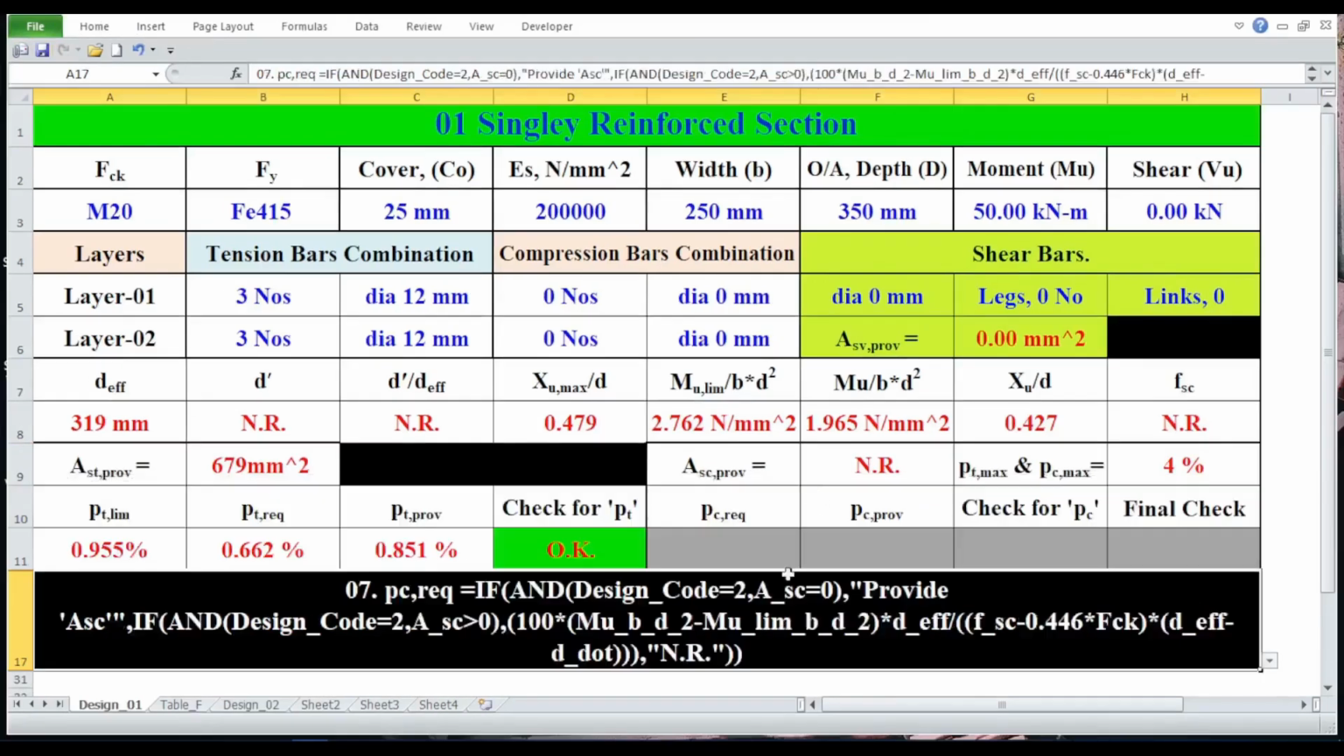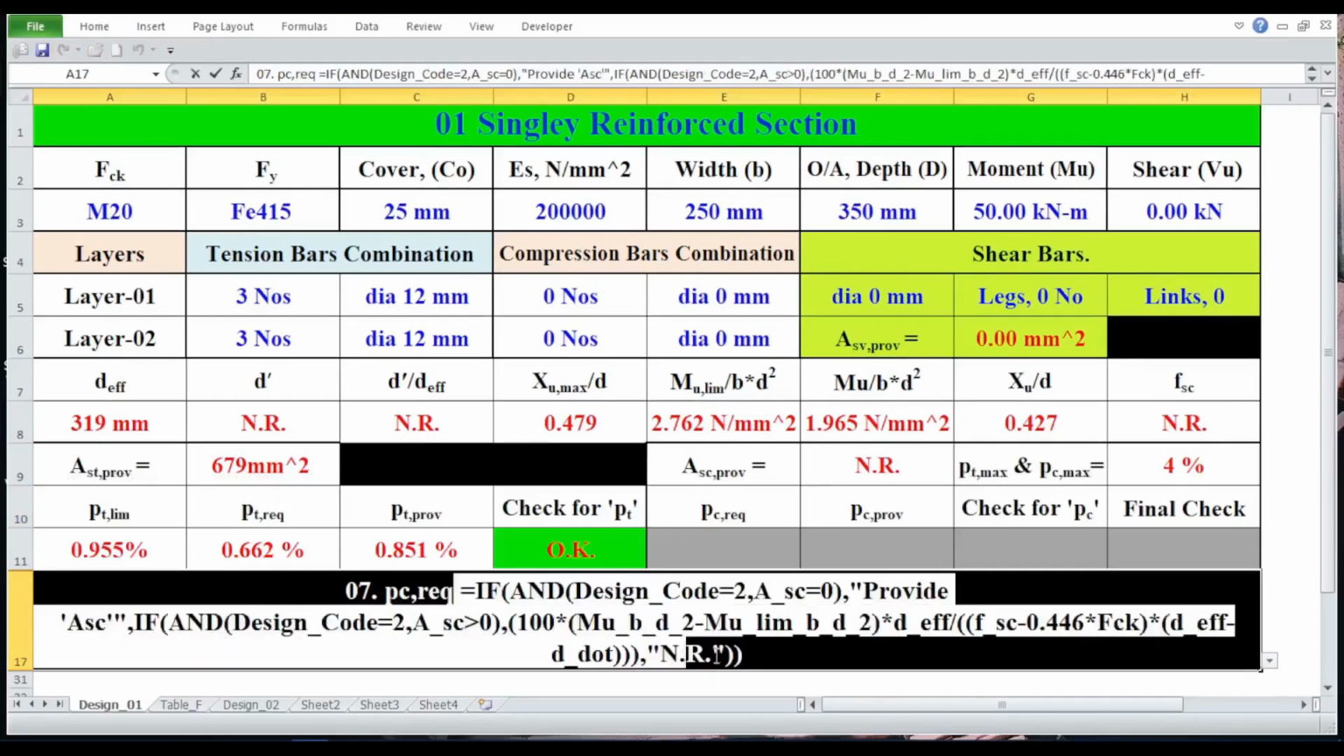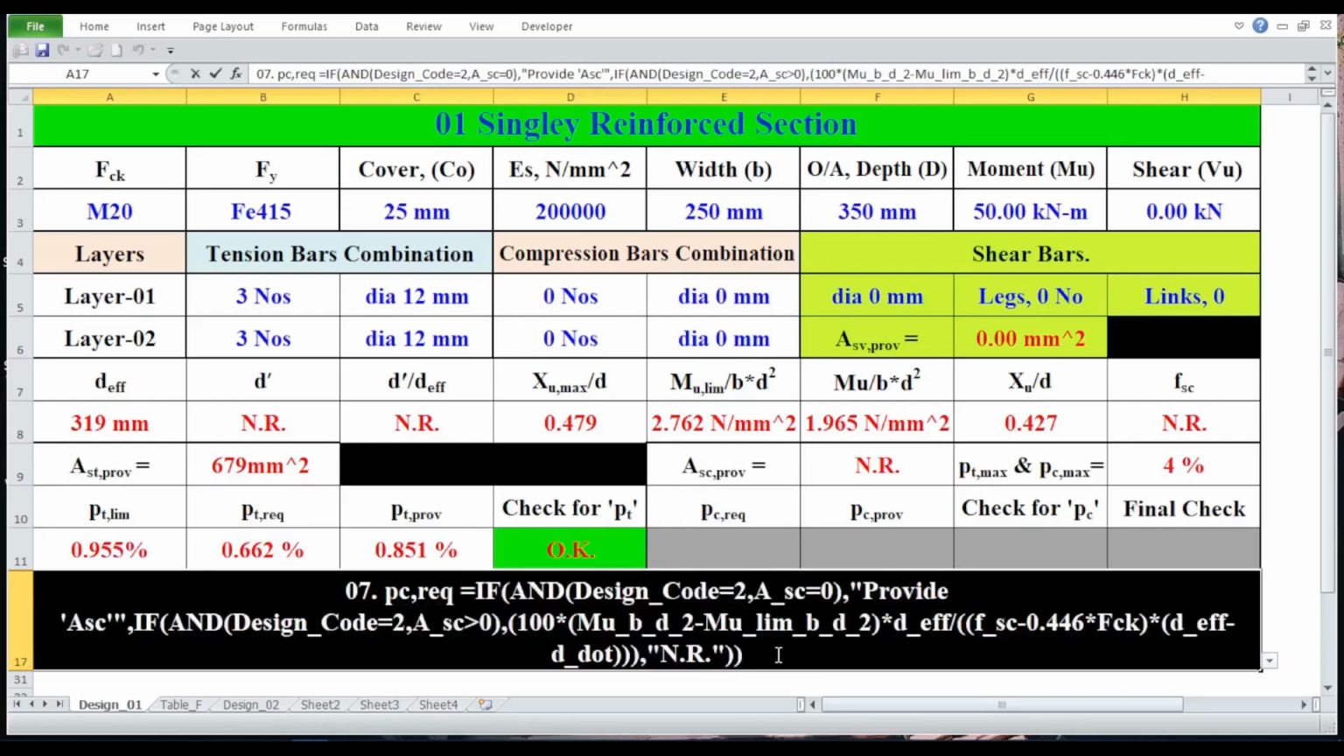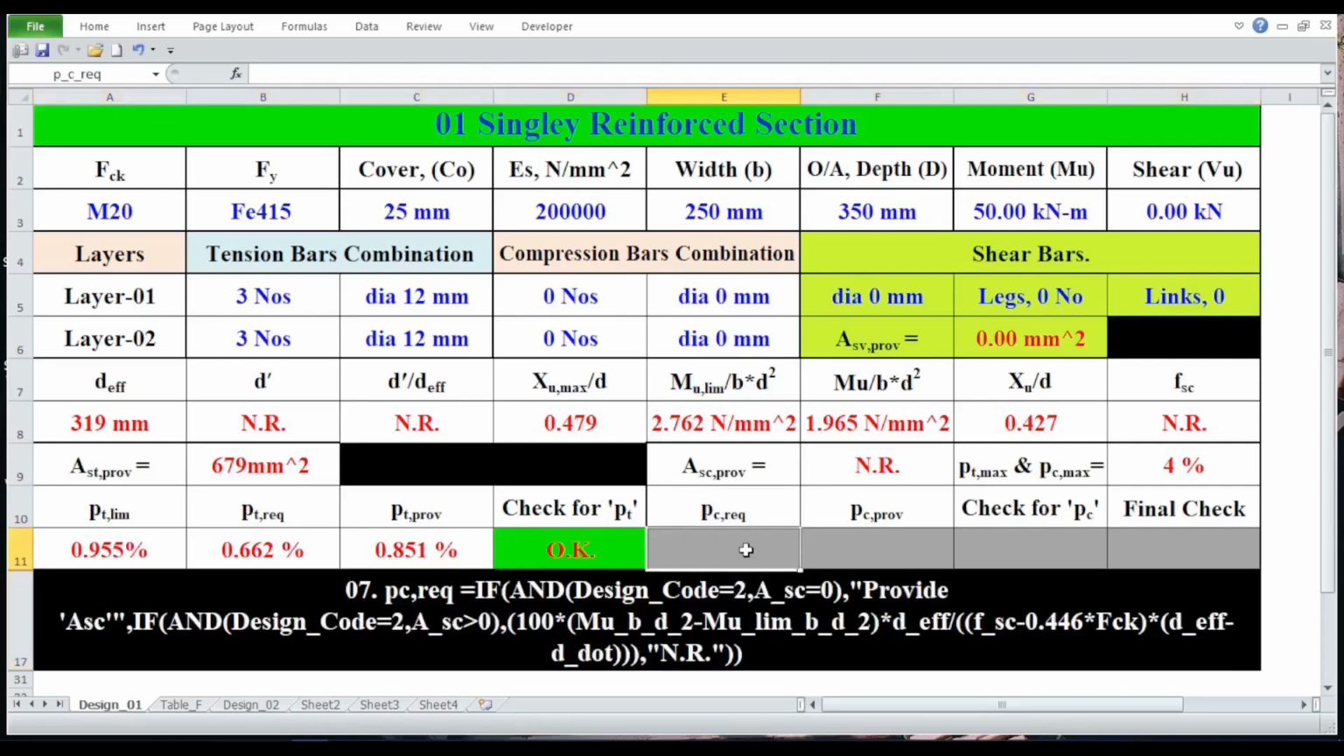Percentage of required steel in compression zone, for doubly reinforced section. Now, it's time to put the formula in the cell under the heading PCREQ. The name of the cell is P_C_REQ. And the formula is, PC_REQ equals IF(AND(design_code=2, A_SC=0), "provide ASC",